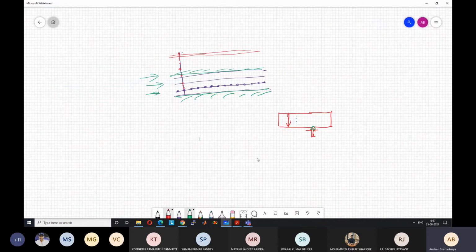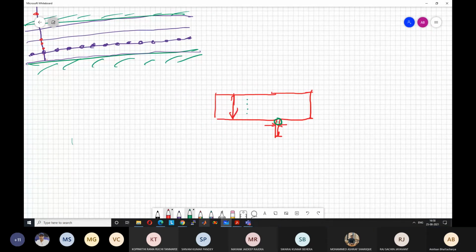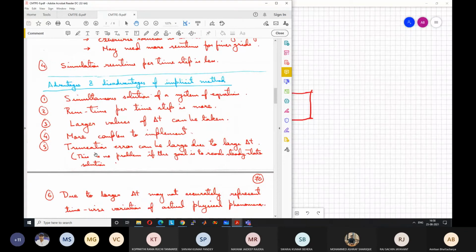For this type of situation, I can take larger value of delta t, right? However, it is much more difficult to implement, much more complex. Okay. One problem here in this case is that even though you can take large value of delta t without affecting the stability, the error will increase. Okay. So now you can get confused here. This will become clear in the next class. You can say that, sir, it is stable, but what do you mean by error will increase?